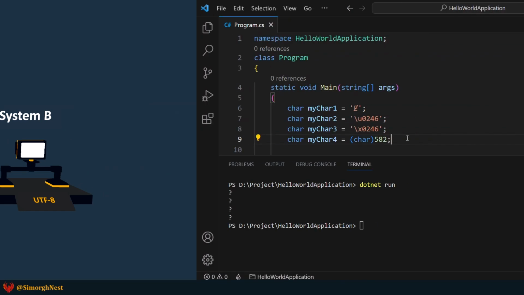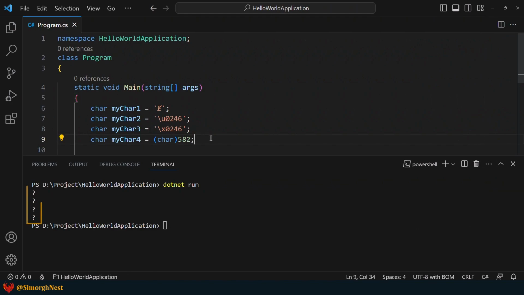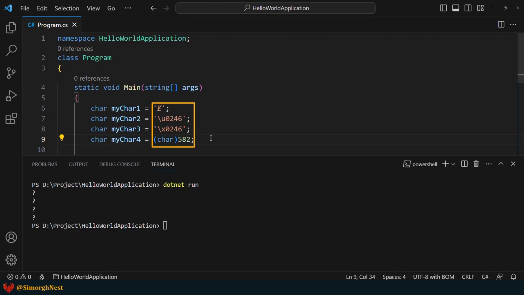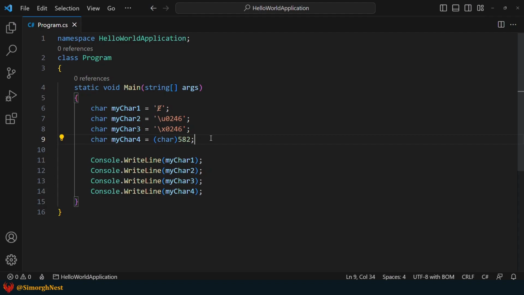Okay, let's return to our console application and resolve the issue we encountered in the previous lecture. The first thing you should know is that, by default, the Console class uses the OS encoding scheme to display characters in the terminal. And since our operating system encoding does not support this character, we see question marks in the terminal. So, based on our previous discussion about character encoding, we now understand that we can resolve this issue by changing the encoding scheme of the Console class to UTF-8.